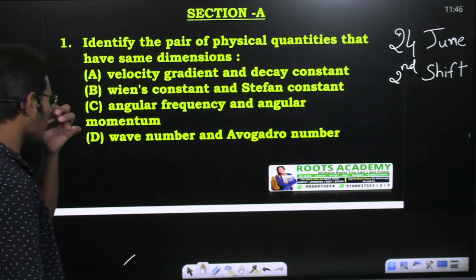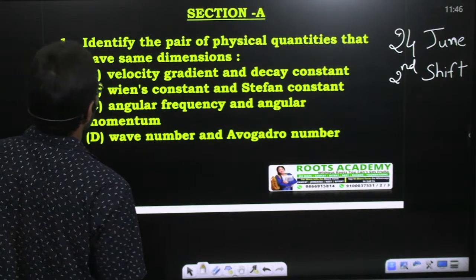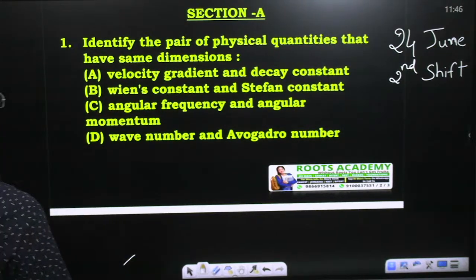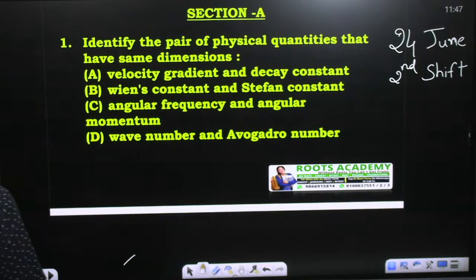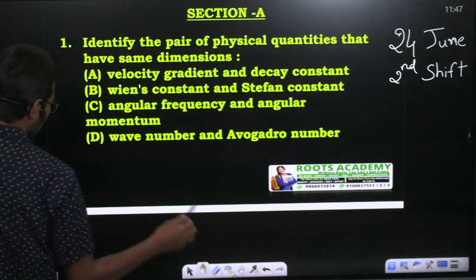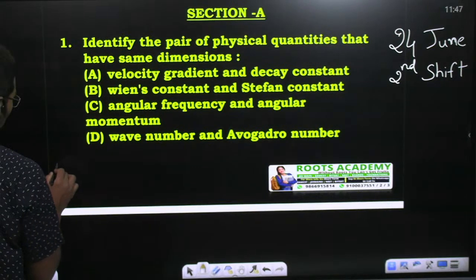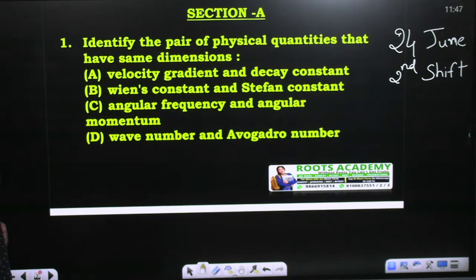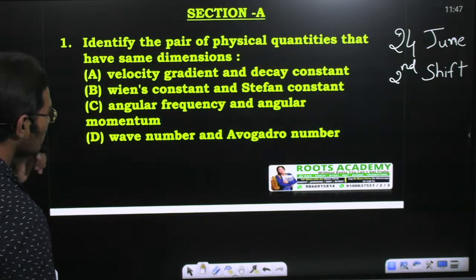So it's a multiple choice question. The given question is, identify the pair of physical quantities that have the same dimensions. It's obviously an easy question, but let's try to cover the basics as well. We are not just trying to solve, but also cover the important concepts behind each problem. So first question,